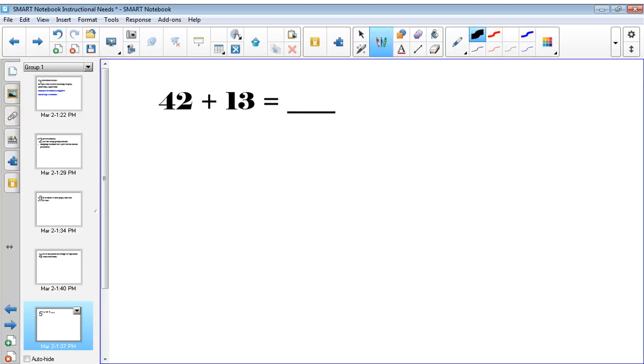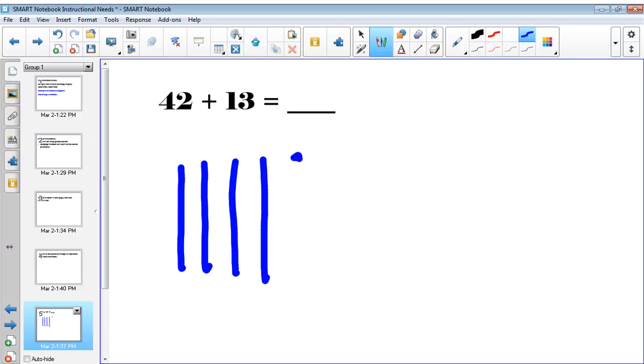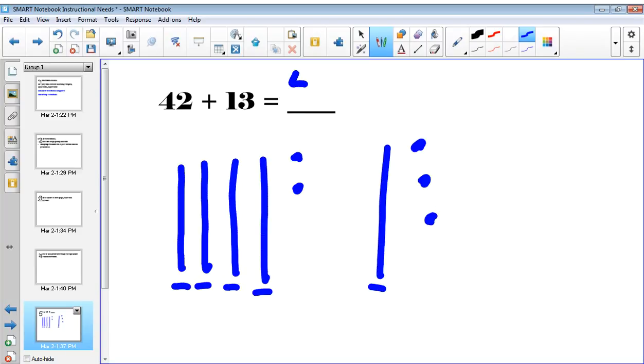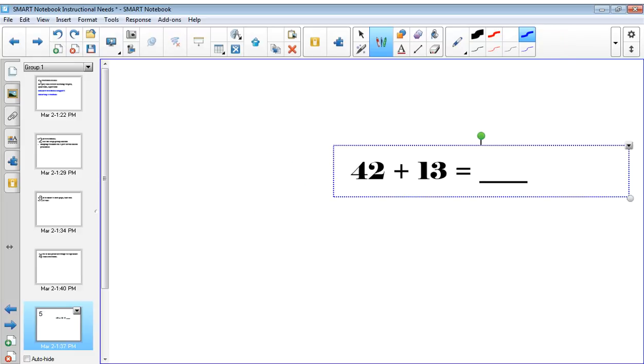I could change, so I have the pen, and I can show with my tens rods and the ones circles. And then I could tally up: I have the 1, 2, 3, 4, 5 tens, and the 1, 2, 3, 4, 5 ones. So representing the work there. The other thing I could also do, as I'm undoing my ink here,